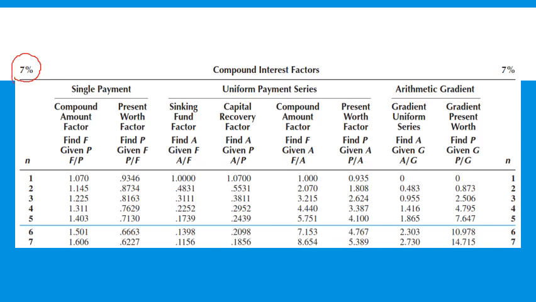Normally these factor tables will run from quarter percent, half percent, 0.75, 1, 1.5, and it goes up to 100%. It varies from one factor table to another, depending on the PDF files. You can either download it from the internet, or even some of the textbooks have a copy of the factor tables. Normally it will be available as an appendix.